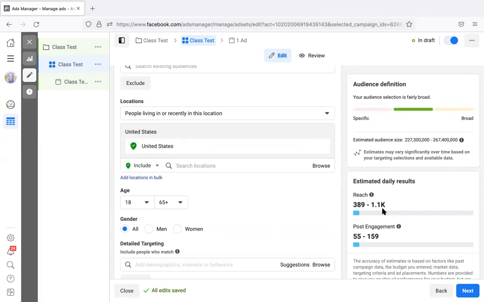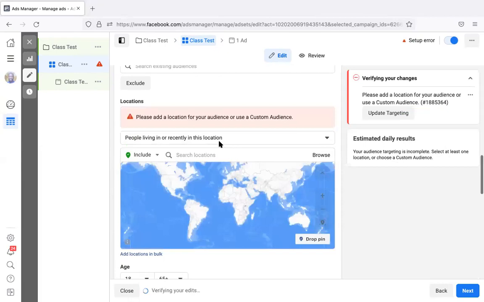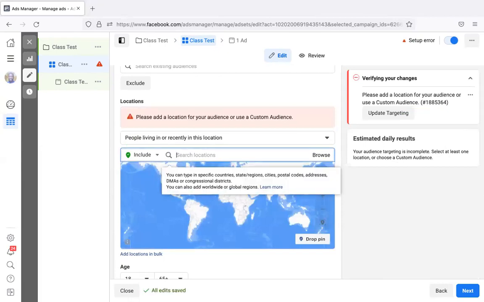But based on our budgets, we can reach 389 to 1,100. So if I'm spending $5 per day, this is what I will be able to reach. Now, US is usually more expensive than other countries. So if I remove US now and I put Nigeria, I type Nigeria,